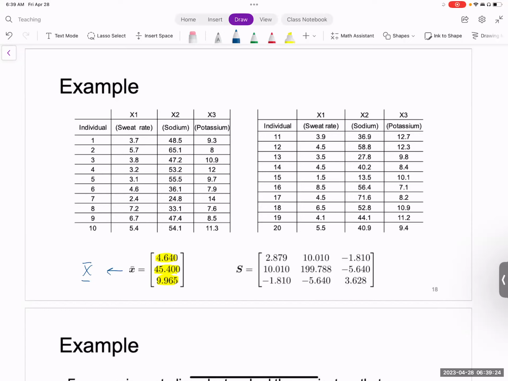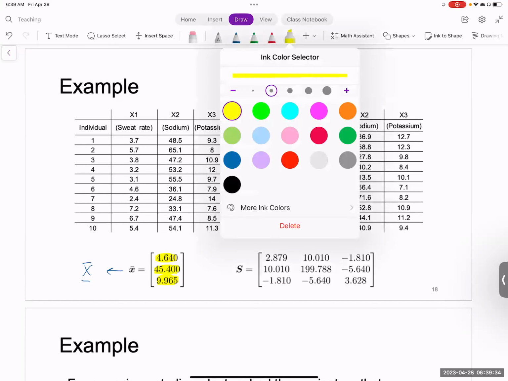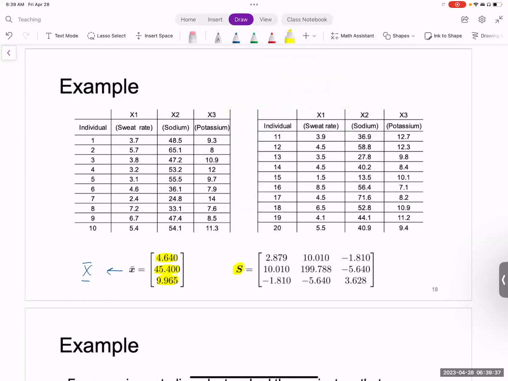Right, so now once you have the sample average vector, the next thing is to compute the sample covariance matrix, which is the matrix S. Now this is a slightly more time consuming step, but really what we're doing is that across the diagonal, the diagonal elements are just the sample variances. So look at X1, look at X2, look at X3, compute their sample variances, and that's your diagonal, all right? And then any other